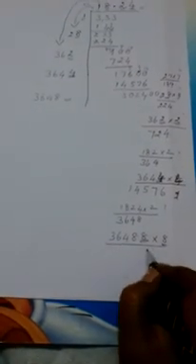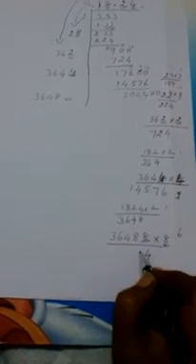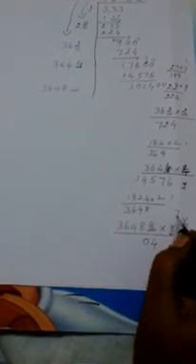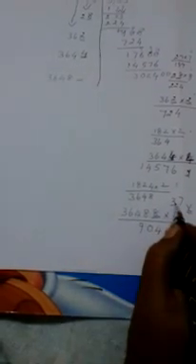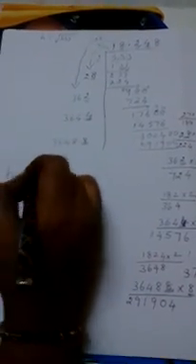Multiply. 8 8s are 64, 6. Again 8 8s are 64. 64 plus 6, 70. So 0, 7. 8 4s are 32. 32 plus 7, 39. 3. Then 8 6s are 48. 48 plus 3, 51. 5. Then 8 3s are 24. 24 plus 5, 29. Okay. So it will come. Okay. 8. So I write 8 here. The same number 8 here. Here 2 9 1 9 0 4. No need to subtract this one. It is enough for us.